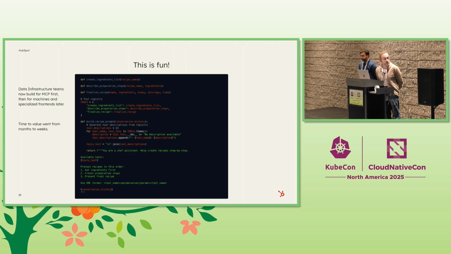And now the way that we build our UIs is engineers do these first. And then later on, if we need to build something more specialized, then after watching how people interact with it in Open Web UI and Slack and other places, that's when we go to the effort of building the front ends, the back end tools. Today, it takes us weeks to build one of these, maybe, not even that long, whereas specialized backends that are built on top of the layers of these things would sometimes take us months, especially if they had complicated front-end